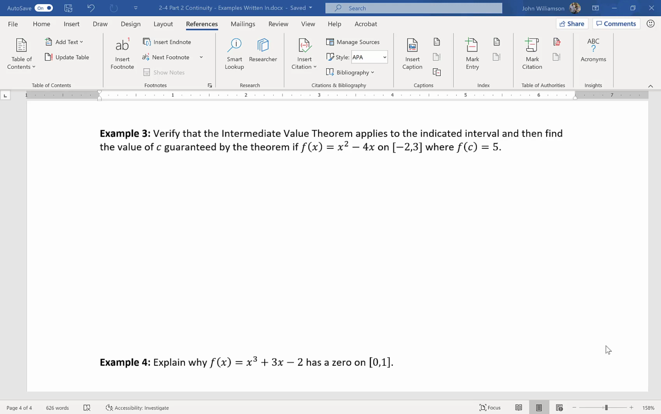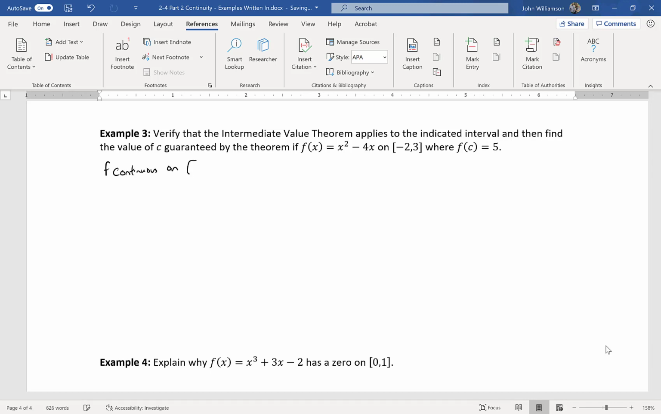So in this case, we want to verify the intermediate value theorem applies to our indicated interval and then find the value of c guaranteed by the theorem if f of x is equal to x squared minus 4x on the closed interval -2 to 3 where f of c is equal to 5. So first thing we need to do is verify this meets the criteria for the intermediate value theorem. So first piece, is the function f of x equals x squared minus 4x continuous on the closed interval -2 to 3? Well, we know the answer to that is yes, so f is continuous